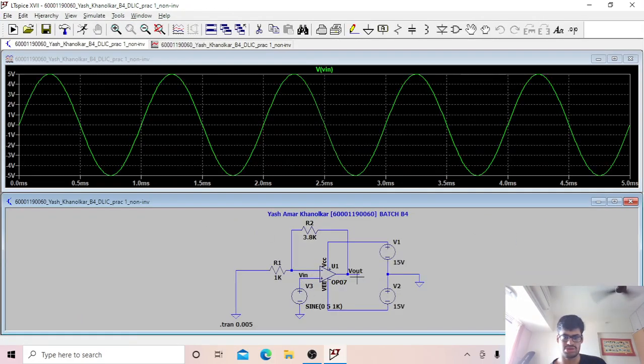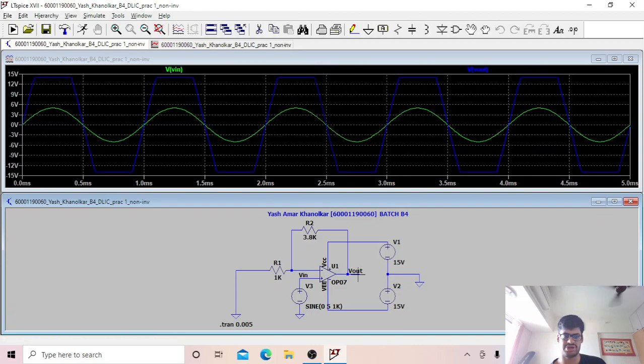So the same thing: 10 volt peak to peak, and we can see 14 volts as the saturation clipping voltage at V out. This is how it can be done for the non-inverting amplifier. The only thing to check is that V in and V out are 0 degrees with each other, so they are completely in phase.